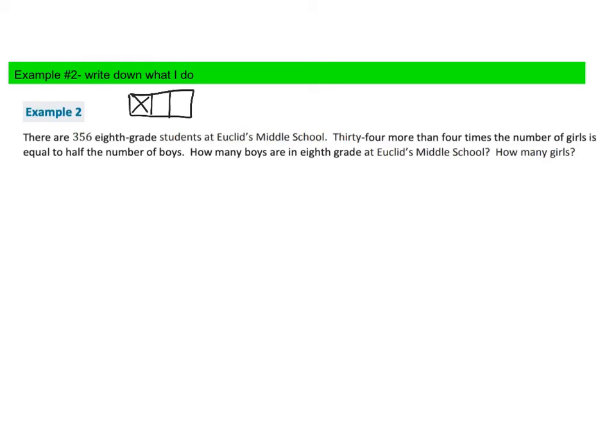All right, so there are 356 8th grade students. This is my total, right? Boys and girls. 34 more, so adding 34 more than, I'm adding this to 4 times the number of girls. It doesn't tell me the number of girls, so I'm just going to put G. So if I had 4 times G and then I add 34, that is equal to, pretty wordy here,